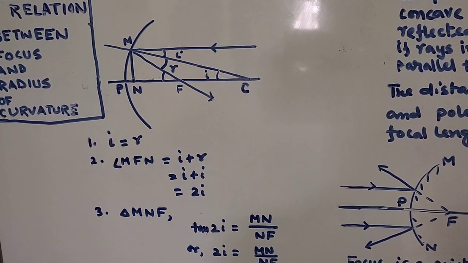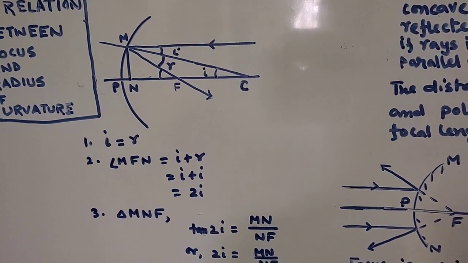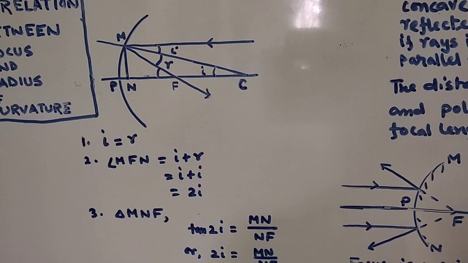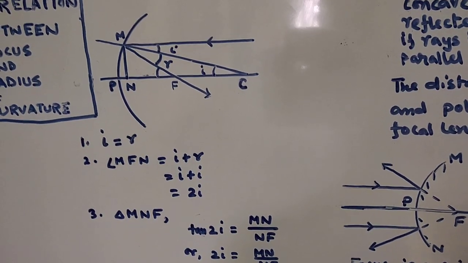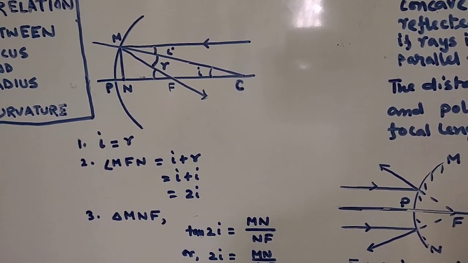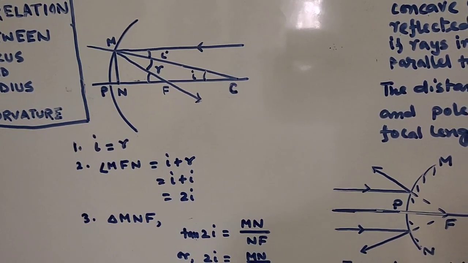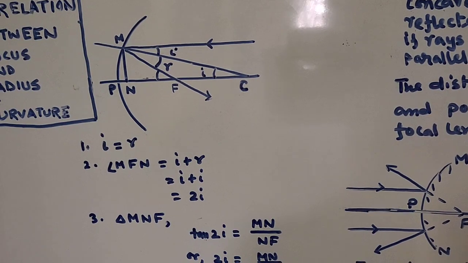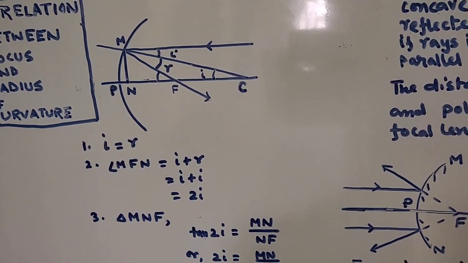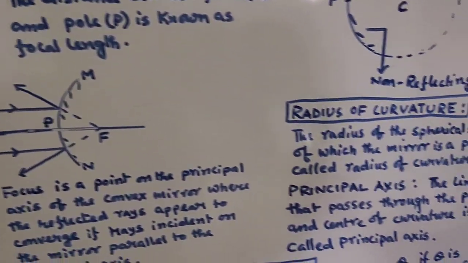If you consider MFN, this right angle triangle MNF, and if you consider the angle MFN, which is your 2I, and if you take the tan of 2I, then the formula is like this, which you have given here,